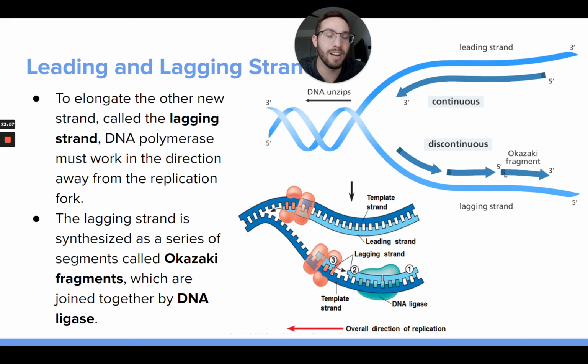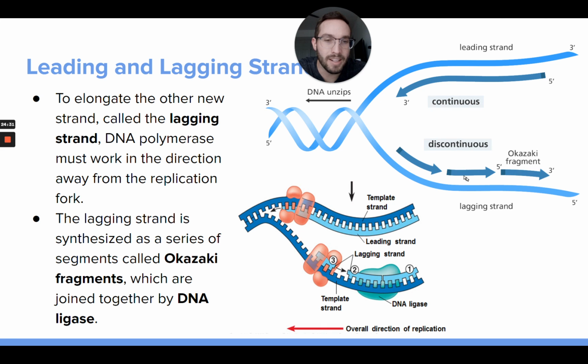That's the lagging strand. And these fragments of DNA being made on the lagging strand are called Okazaki fragments, named after the scientist who discovered these fragments and figured out that there's a leading and lagging strand. And then those Okazaki fragments, those pieces of DNA being built in segments on the lagging strand, will be joined together by an enzyme called ligase. So ligase will make the final bonds between them on the sugar phosphate backbone. It'll join those nucleotides together,